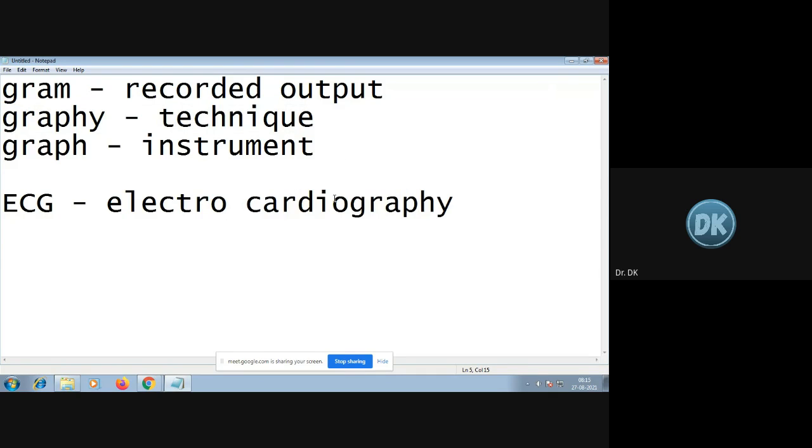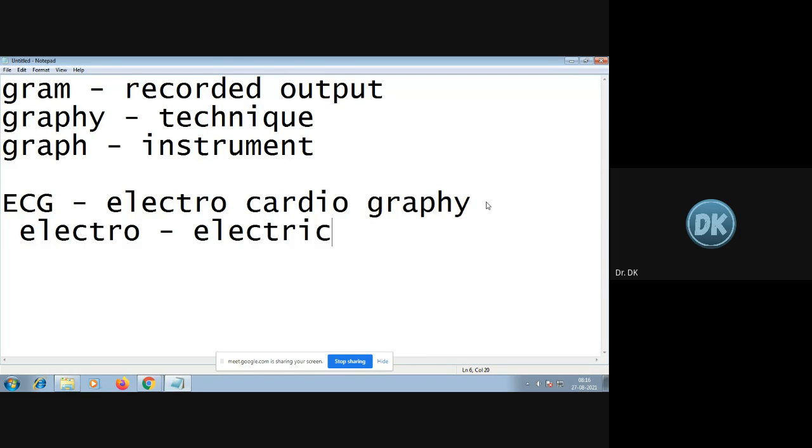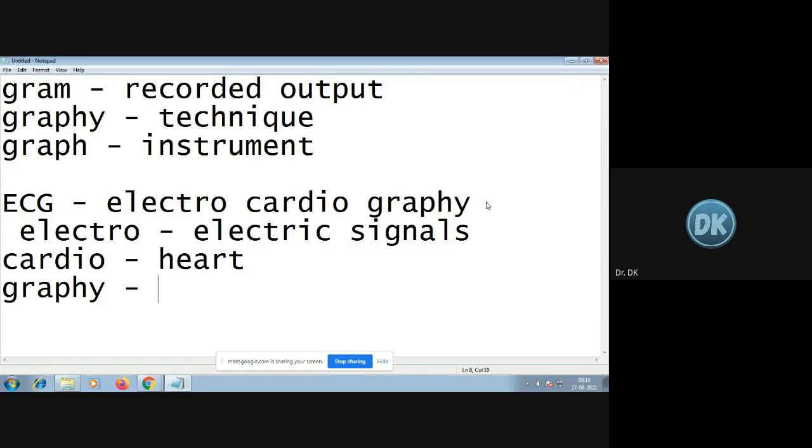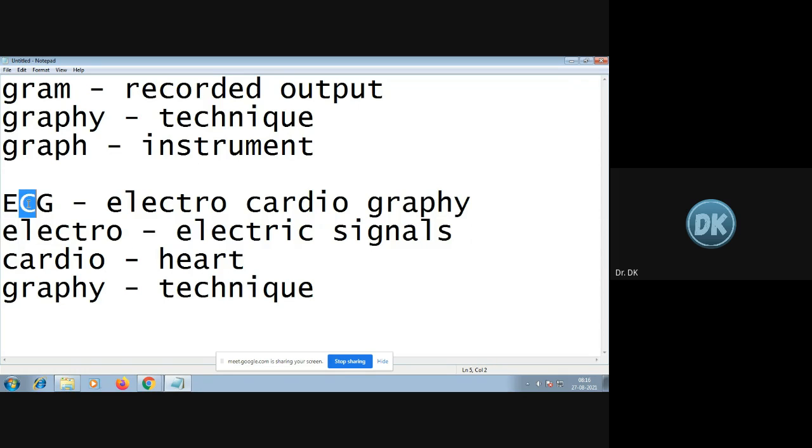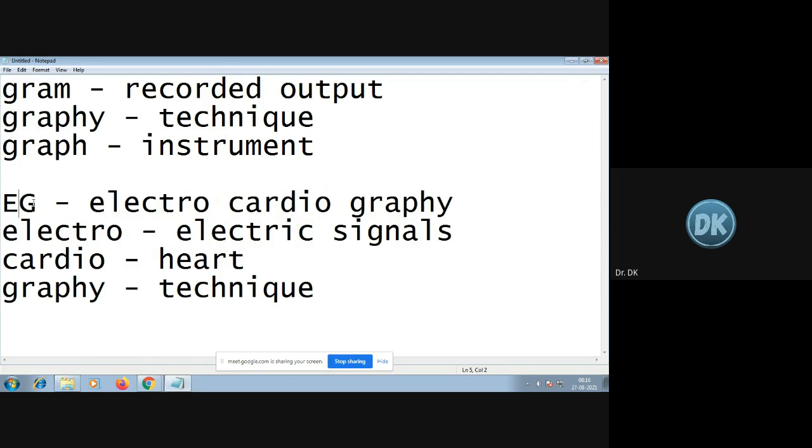So if you split the words electrocardio and graphy, electro stands for electric signals, cardio refers to heart, and graphy is the technique. Okay. So similarly for EEG, EMG, all those things, whatever the signal you are measuring, these three words are